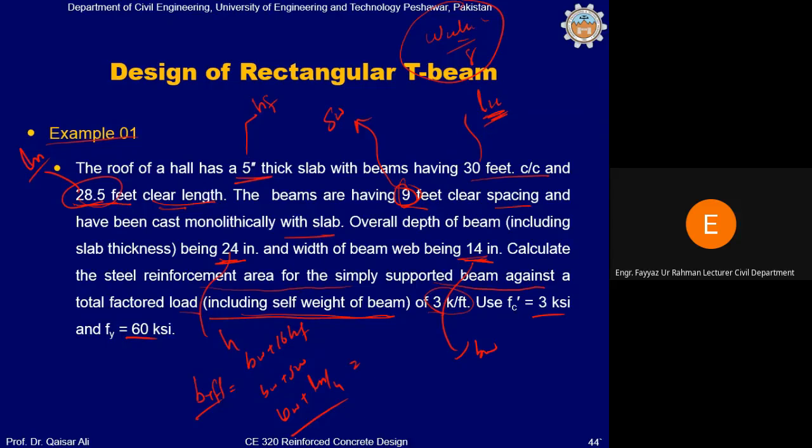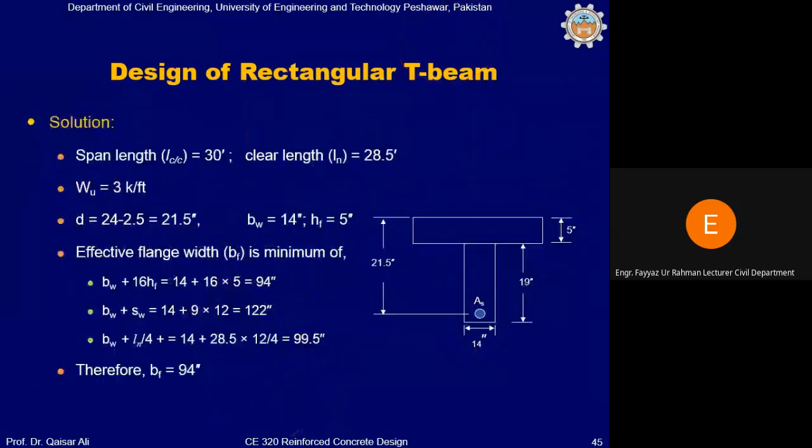94 sir। और कौन सा इक्वेशन गवर्न करता है? ये इक्वेशन ना? Yes sir, first one। So 94 inches is the effective width of the beam। यहाँ पर ऑलरेडी ये कैलकुलेट हो चुकी है। 94 inches the effective width। Effective depth you can calculate from this,